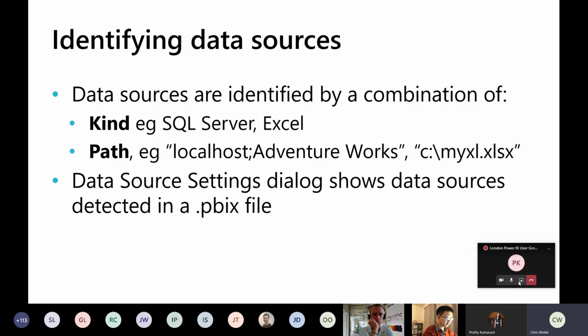So if you're connecting to SQL Server, you will be connecting to, for example, a database called AdventureWorks on a server called localhost. If you're connecting to a file, it will be the path of the file. So every single data source is identified by those two things. And if you go to the Power Query editor in Power BI Desktop, when you're developing your Power Query queries, you'll be able to see all of the data sources detected in a Power BI file,